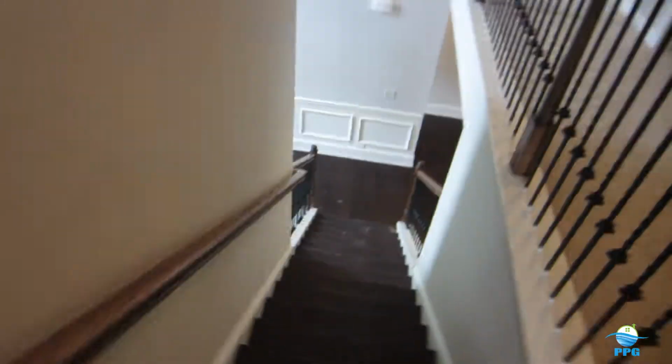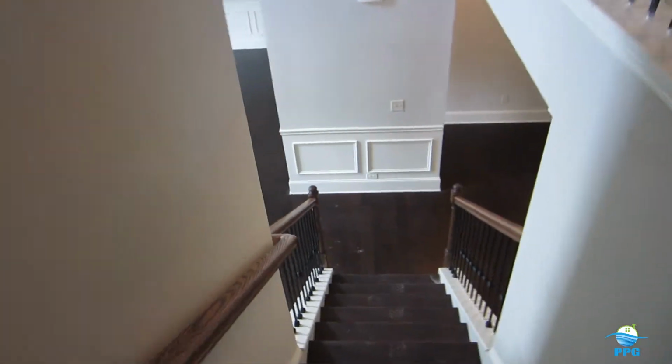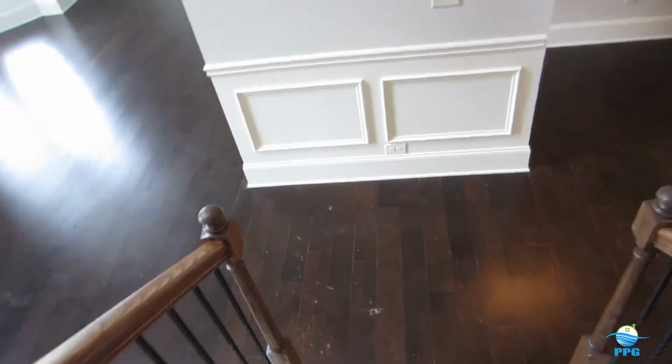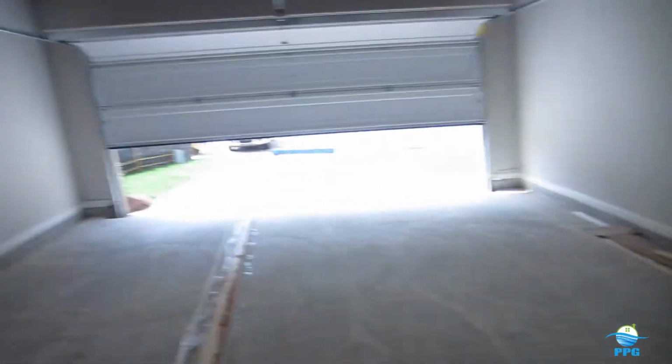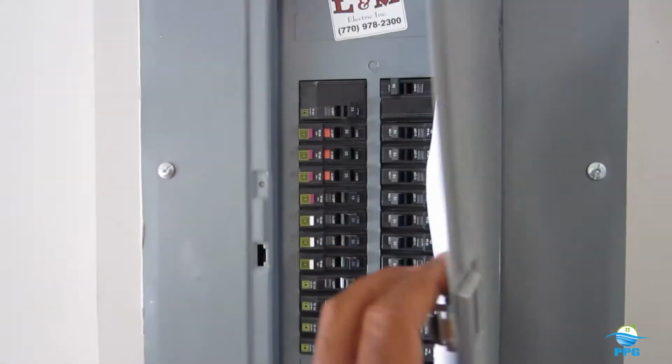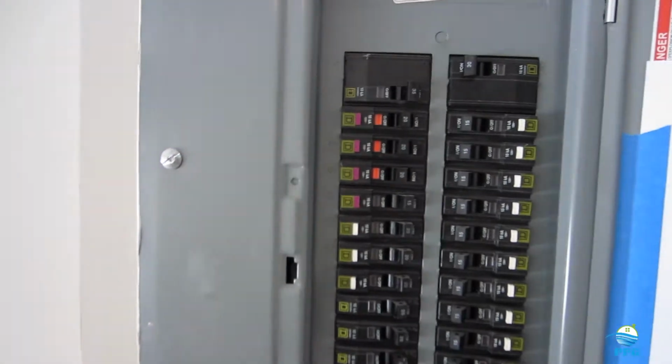Okay, let's take you back downstairs. Let's go look at the electrical panel box. Show you the ground fault circuit interrupter breakers and any arc fault breakers. This is the garage area here, and there's our panel right there. And as you can see,